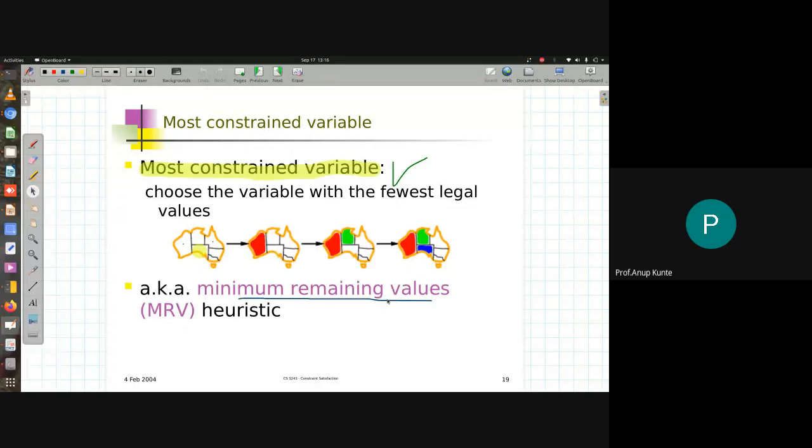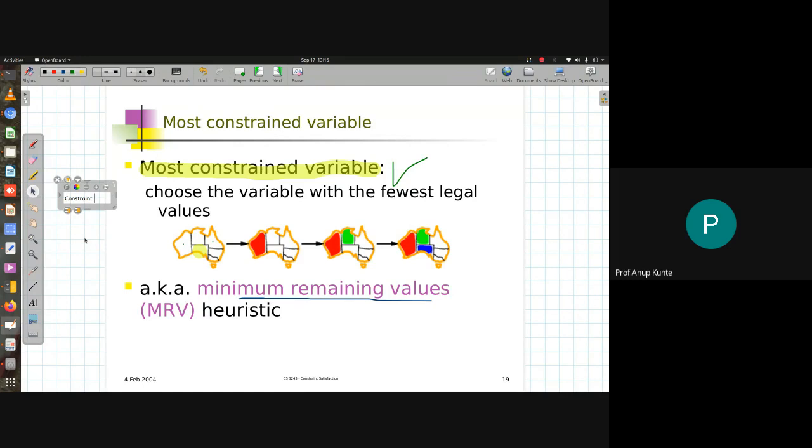Now, how do people arrive at this heuristic, minimum remaining values? In the definition of the CSP problem, I have a constraint graph. If you remember, we said that one of the features of the definition of my CSP problem is the constraint graph that shows the constraints put on different variables. How many constraints a variable participates in can be judged by looking at this constraint graph. So what does the constraint graph tell us? It tells us how many constraints a variable takes participation in.